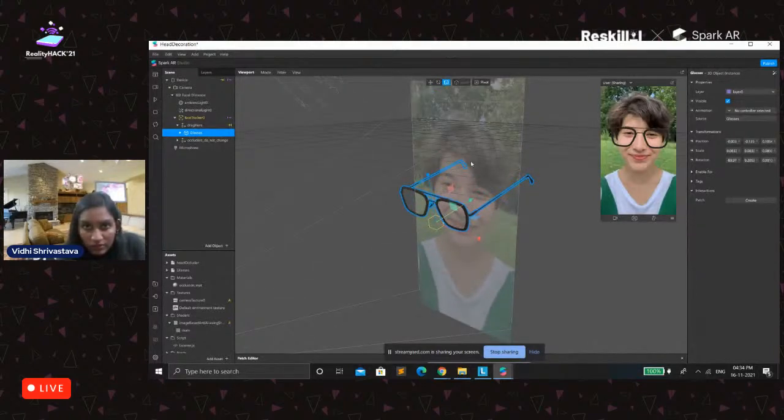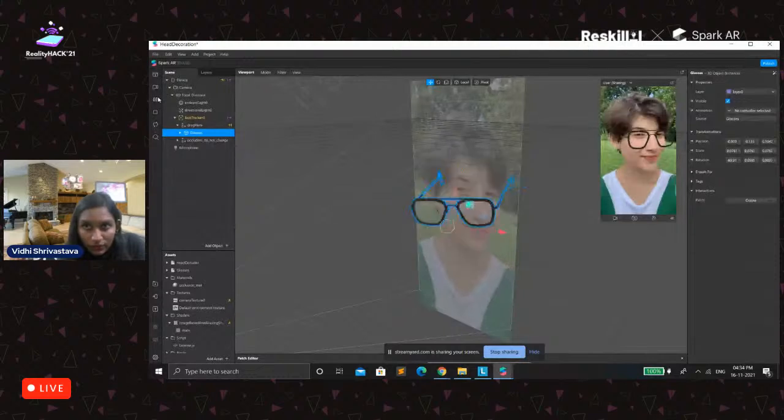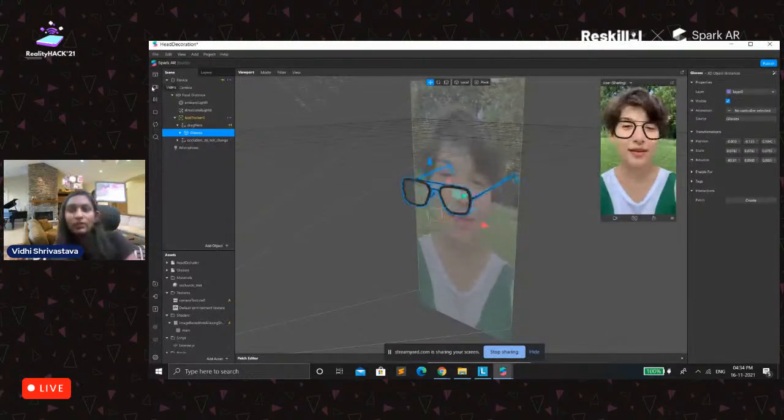It's still quite large, so let's scale it to this one. It's okay, and let's see how it is looking now. Fine, it looks cool now.